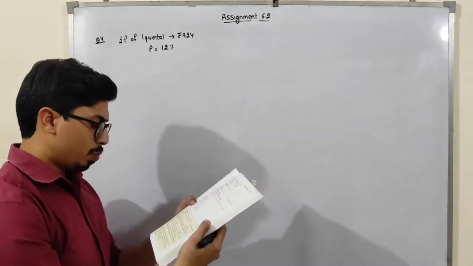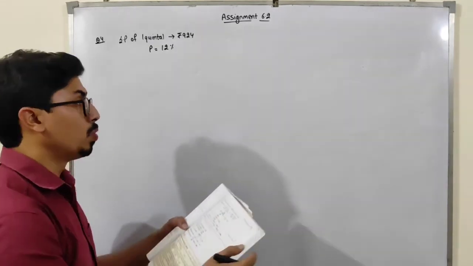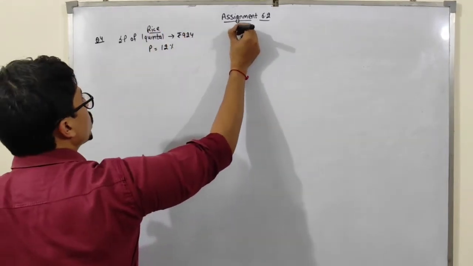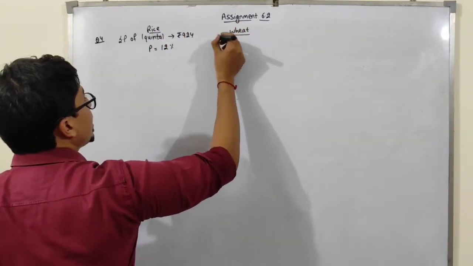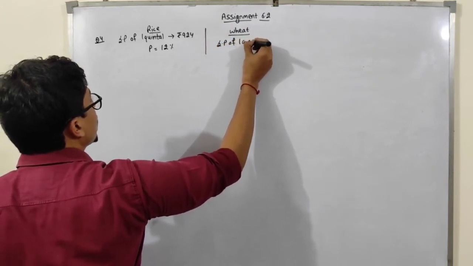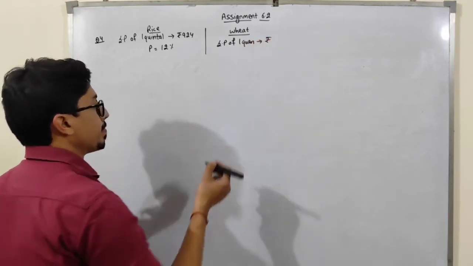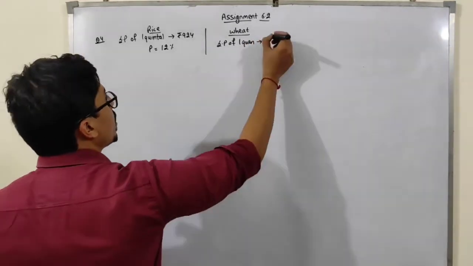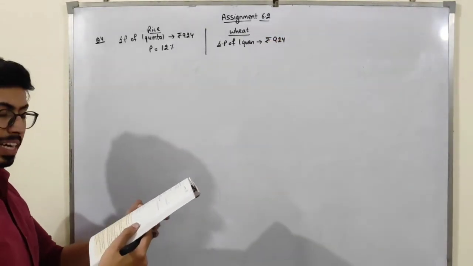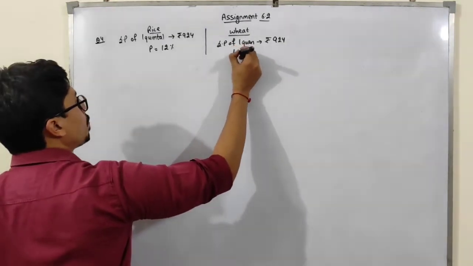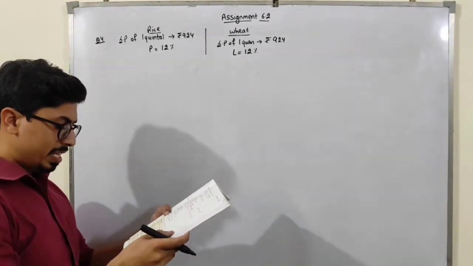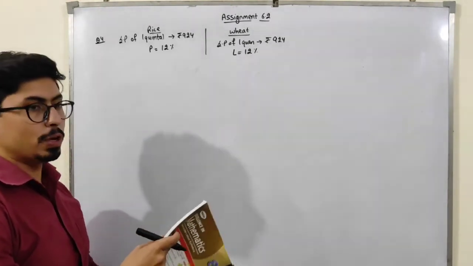By selling 1 quintal of wheat for the same amount, this is for the rice. But in case of wheat, students, he sells it at the same amount. That means the selling price of 1 quintal is the same, that is rupees 924. But in this case, he gets a loss of 12%. Find CP of rice and CP of wheat.